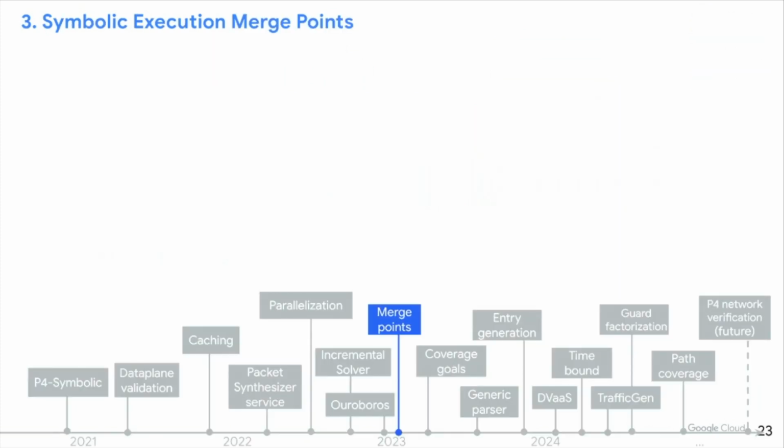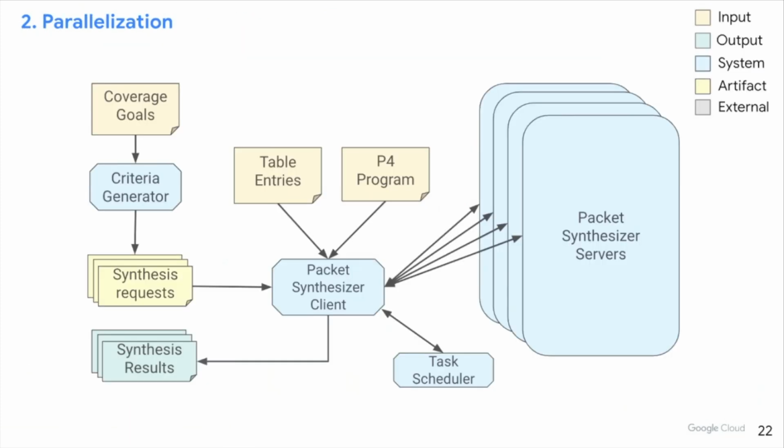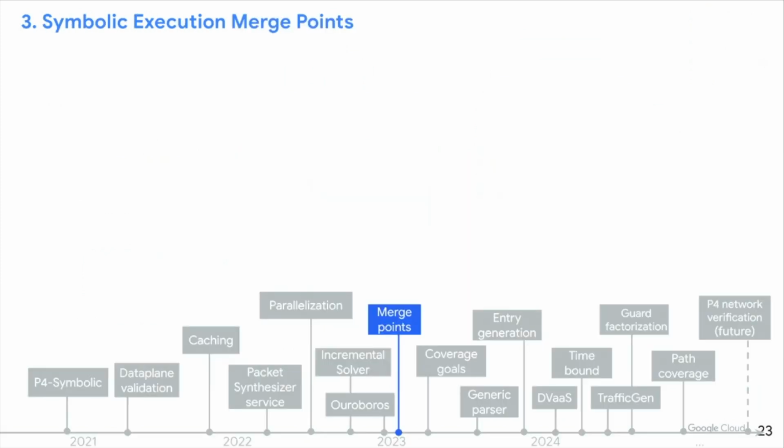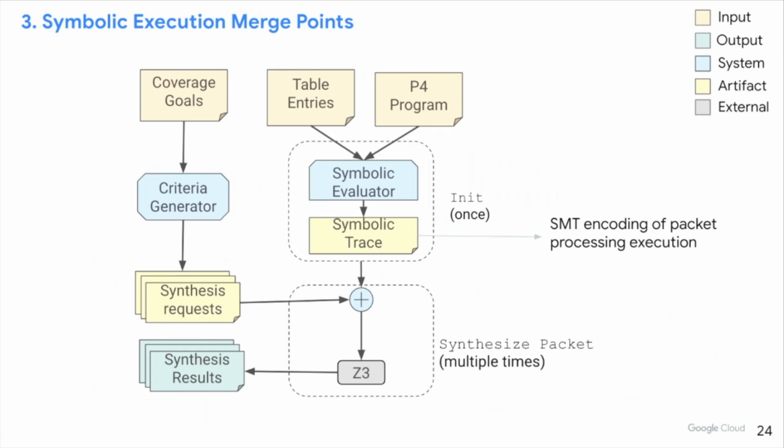Well, however, we notice that even if one packet, let's say, takes 2 to 3 hours to synthesize, that's not great. And for this, so far we have tried everything around the symbolic execution to make it better. Now we've decided to go into the details of symbolic execution and make that faster. So as I mentioned, we'll now look into the symbolic execution part of the service and try to make